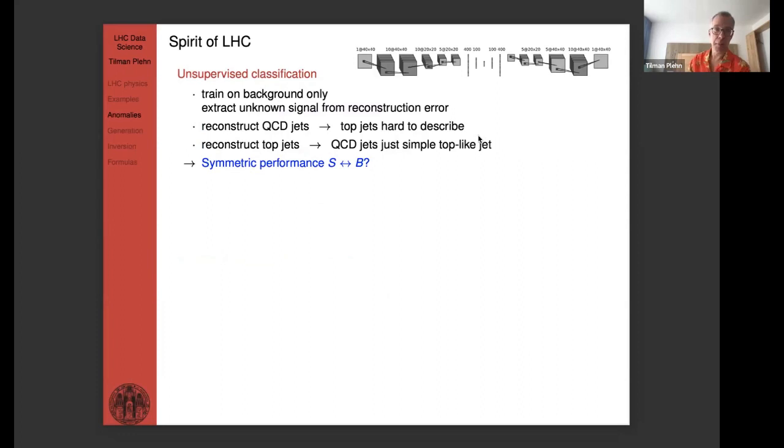So that was just running through all the different topics. And now I'm going to pick 3 of them that I like especially, and 3 of them which my group, or our group in Heidelberg, has worked on over the years.